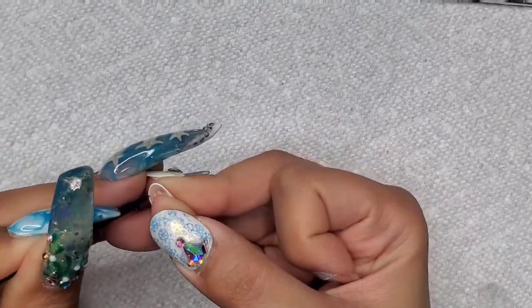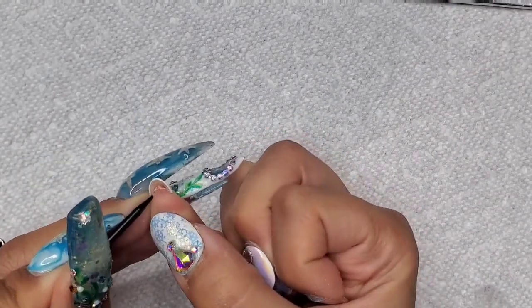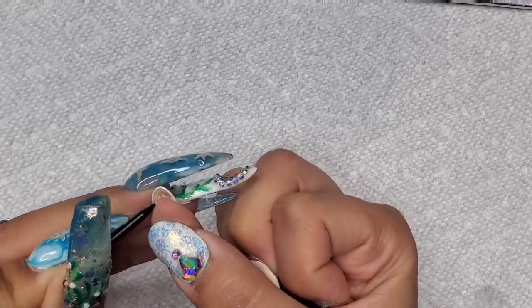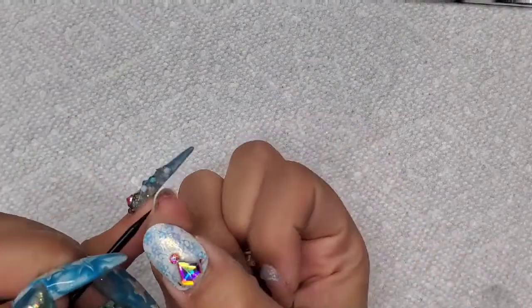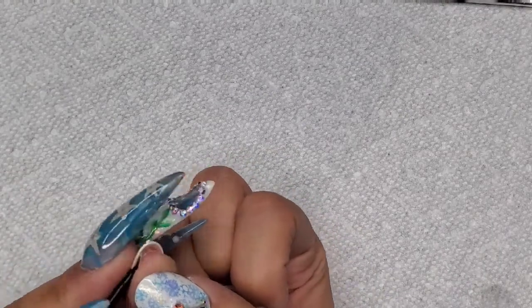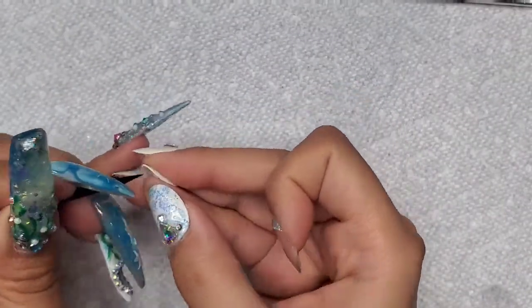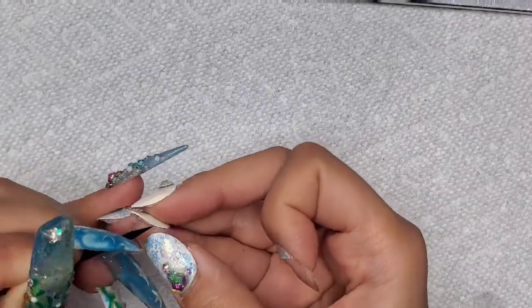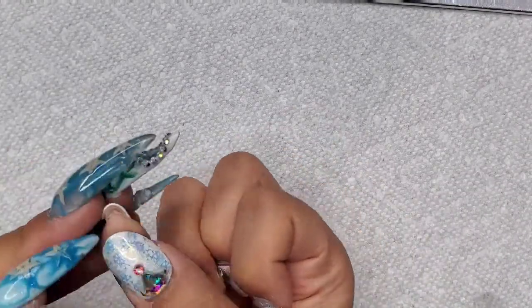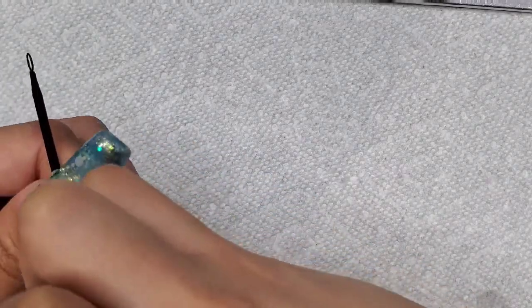This nail was no buffing on the underside, a light buffing on the natural nail, and just using the glue. And for the most part, the rest of the four fingers all seem to have the same situation as you see here. I had a little hard time popping this off, and it was mostly because towards the tip, this has happened since I've been using tips with acrylic for years, but it tends to stick more close to the tip,